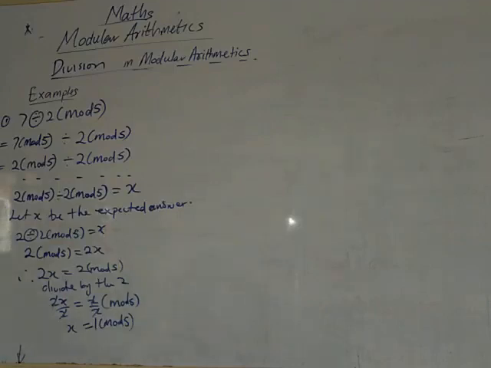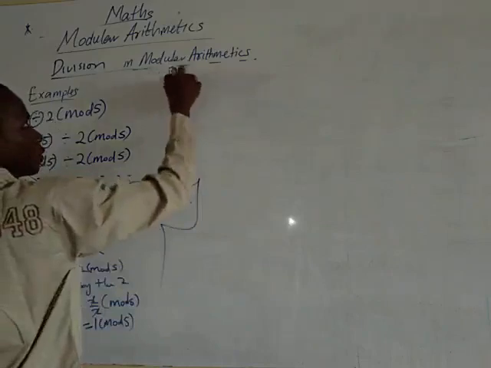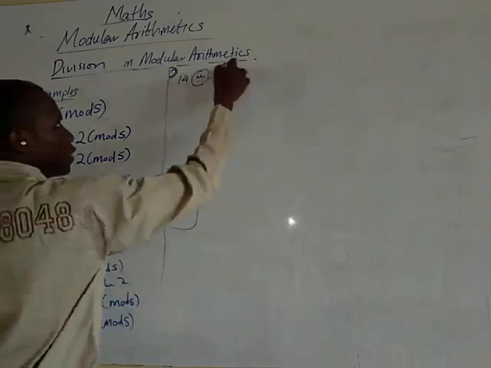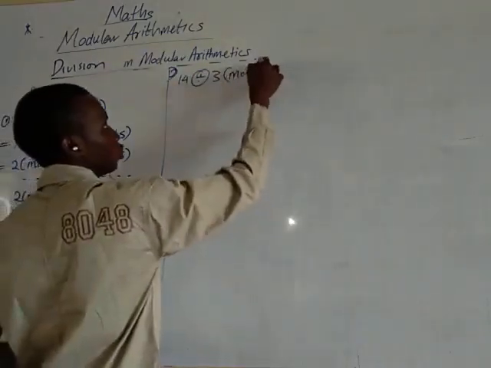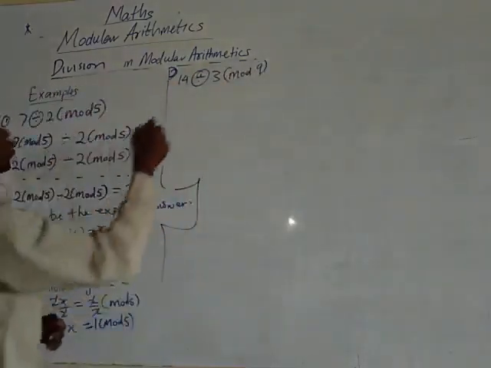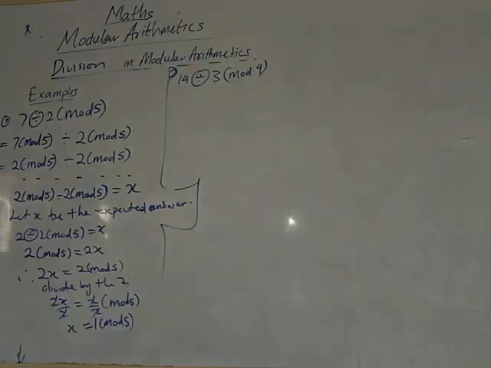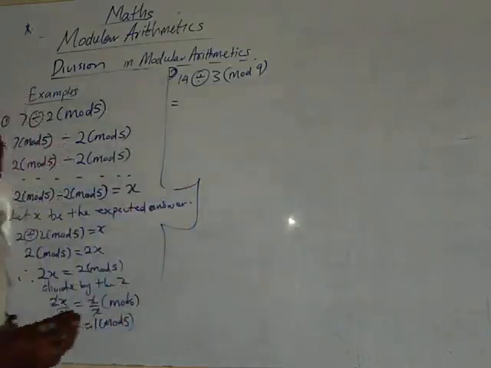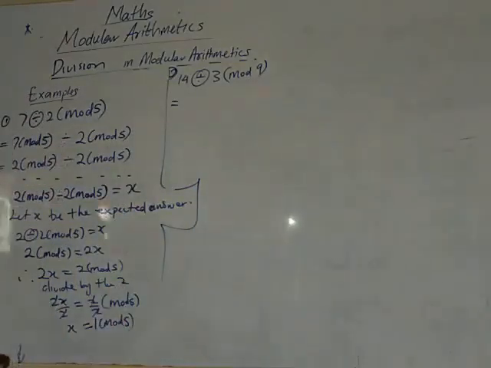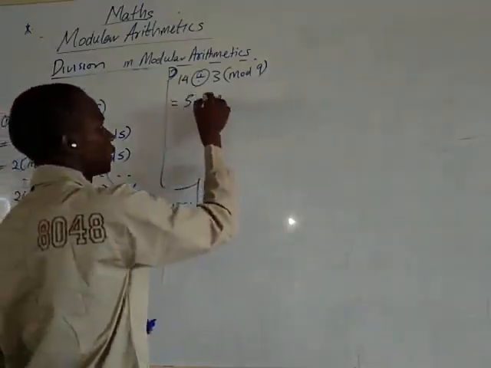I have another one here. 14 divided by 3 to mod 9. Alright? Which means 14 is not directly divisible by 3. So I can still take this approach. So better still, I have to reduce this 14 mod 9. If 14 mod 9 is reduced to the simplest form, that will give me 5 mod 9